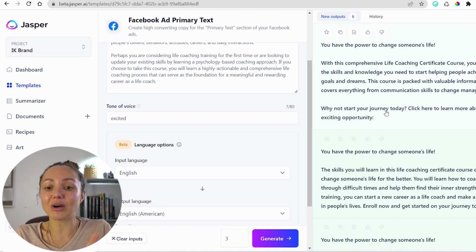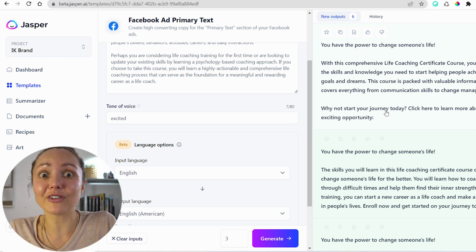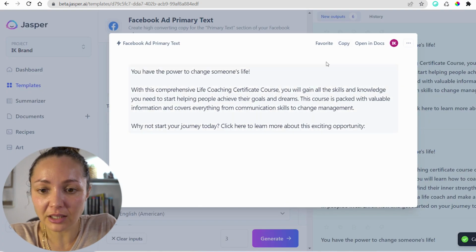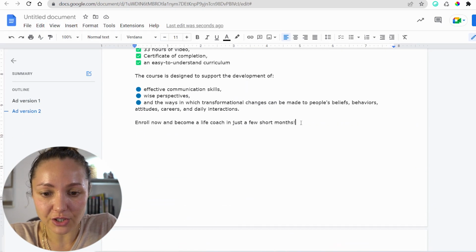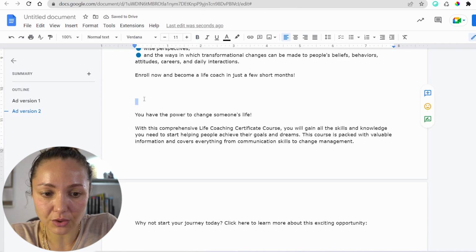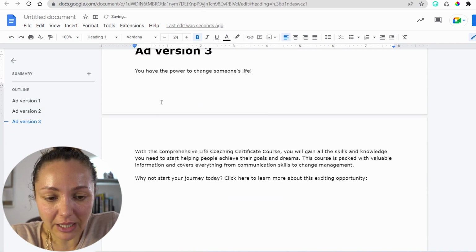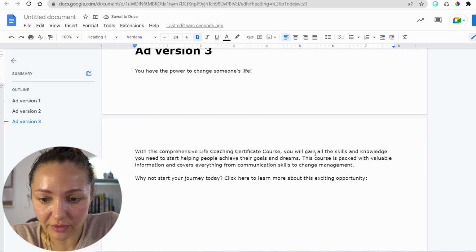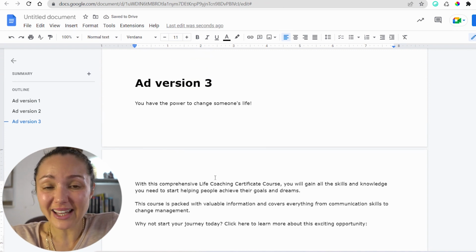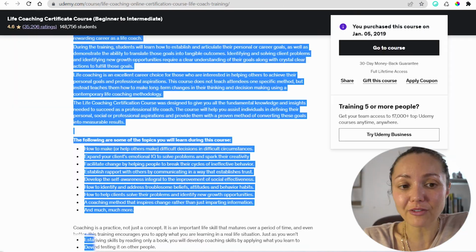So let me show you how I turn this kind of ad into an even better ad with just a couple of edits. So I'm going to click on it and click copy. And let's create another version of this ad. I'm gonna paste it here, ad version number 3. You have the power to change someone's life. With this course, you will gain all the skills and knowledge you need to start helping people achieve their goals. This course is packed with valuable information. And already I have an ad that I can work with, but what if I'm simply gonna go to the